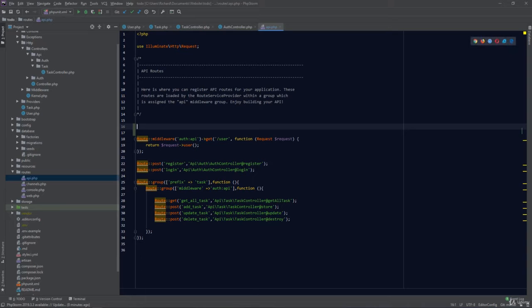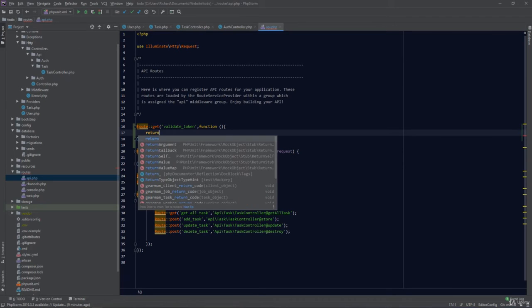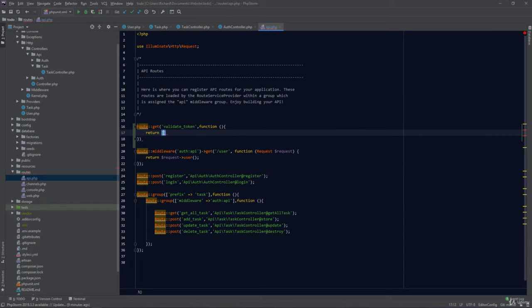For that, we'll go to the routes over here, and let's go to the API section. In the API section, let us add a new endpoint. I'll create a route, and for this route we will make use of a get. Let's give our endpoint the name validate token, and let's have a function that returns an array of our message,